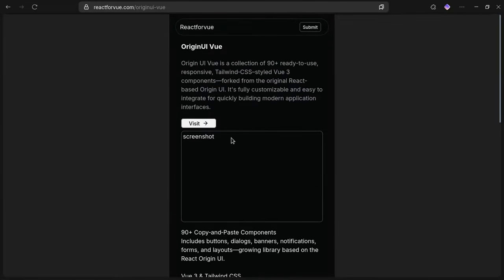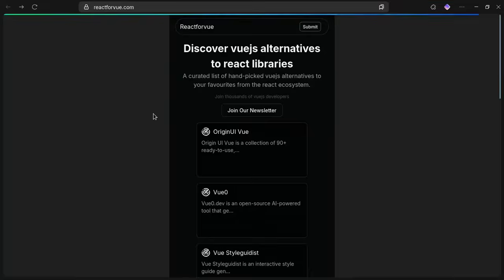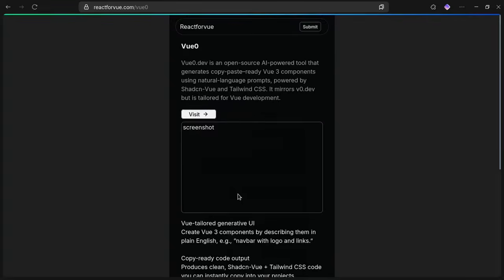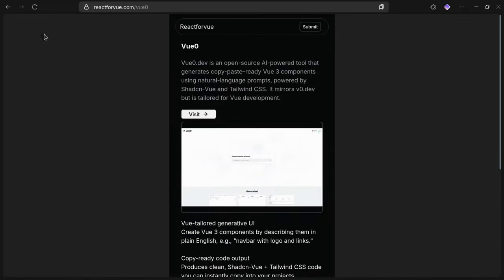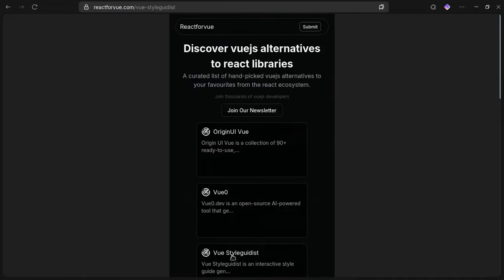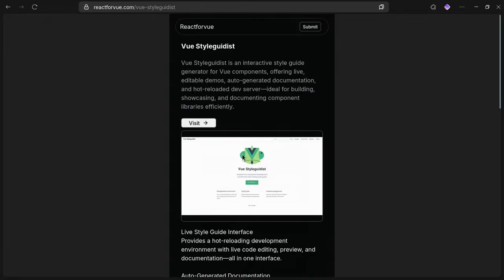But it is more than that. With React for Vue, you can find the tools you need, suggest an alternative, or submit one you created yourself. You can add these tools to your bookmarks, turn on notifications for when a new alternative is added, and track the growth and popularity of open source tools. You can also request and vote for tools to be created by the community, which makes it easy to solve